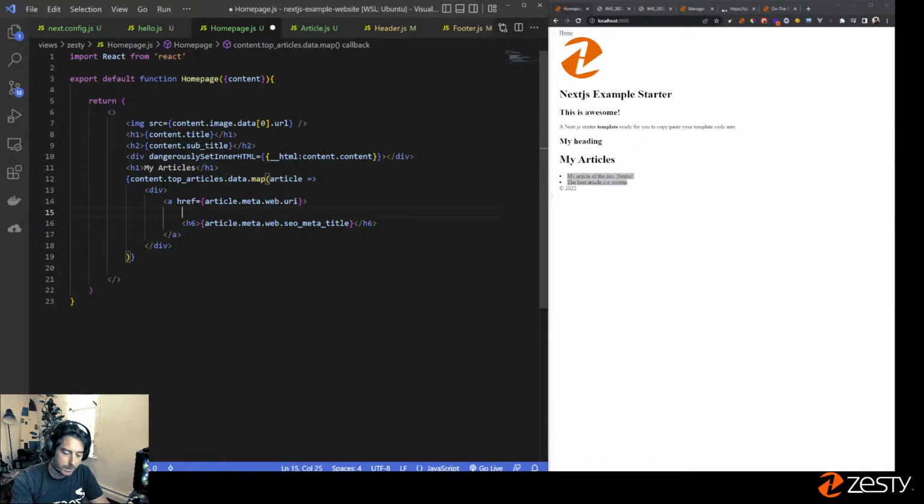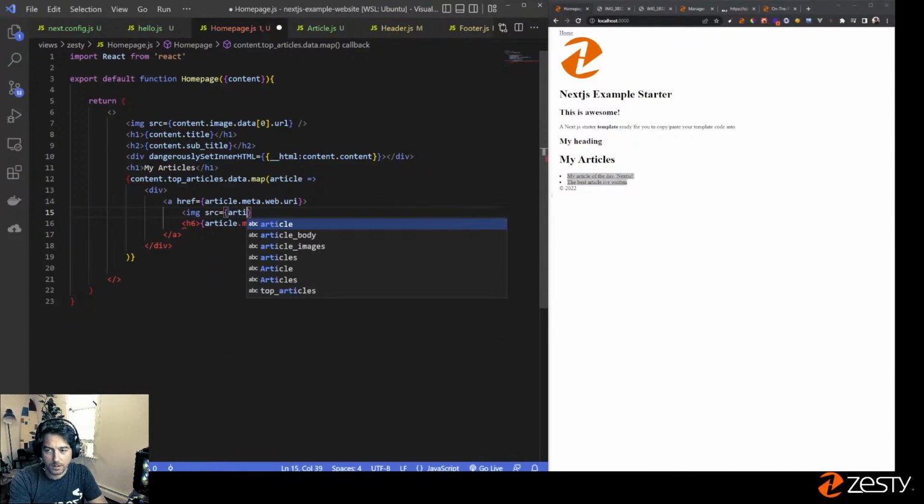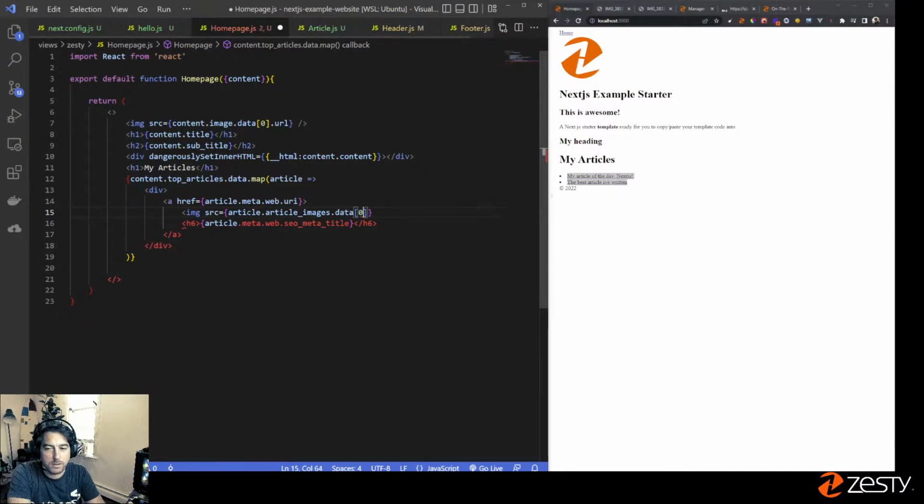All right, H6, and now let's get access to these images. Why not, right? I can grab the first image here. So I go image, source, and remember how I access it, I'm just going to say article dot article images, because that's what it was, and dot data, and I just want the first one. If I'm just getting the first one or the second one, I can just access them from the array. I don't need to write a map. So I'm just going to say that URL,